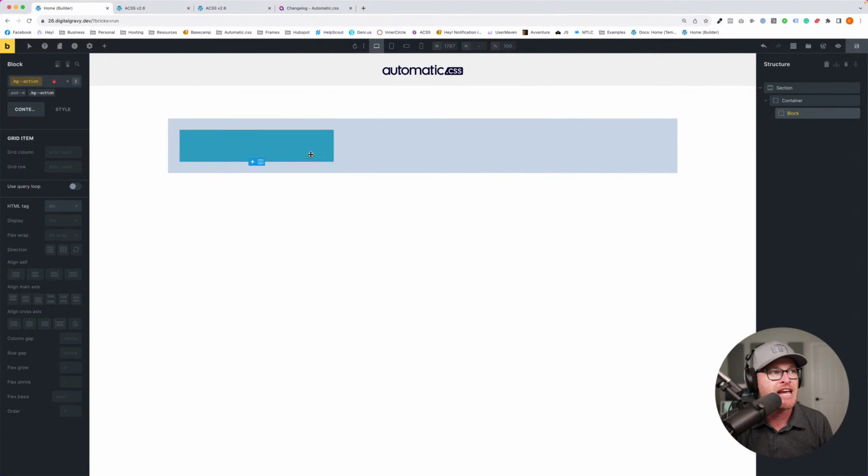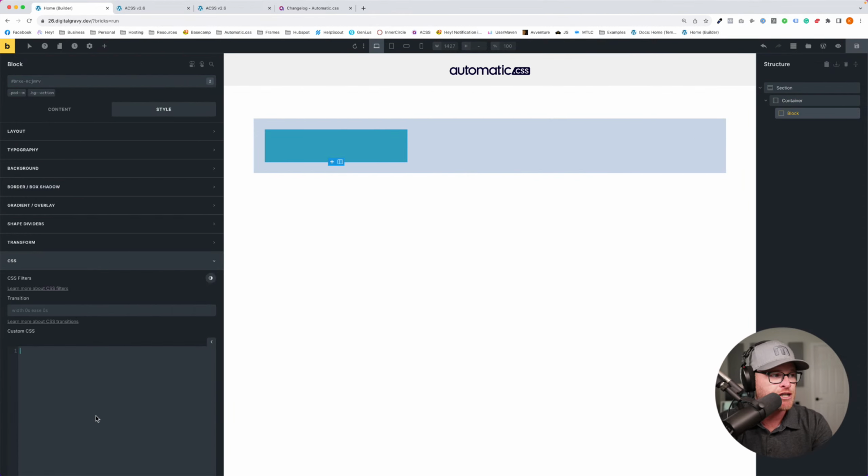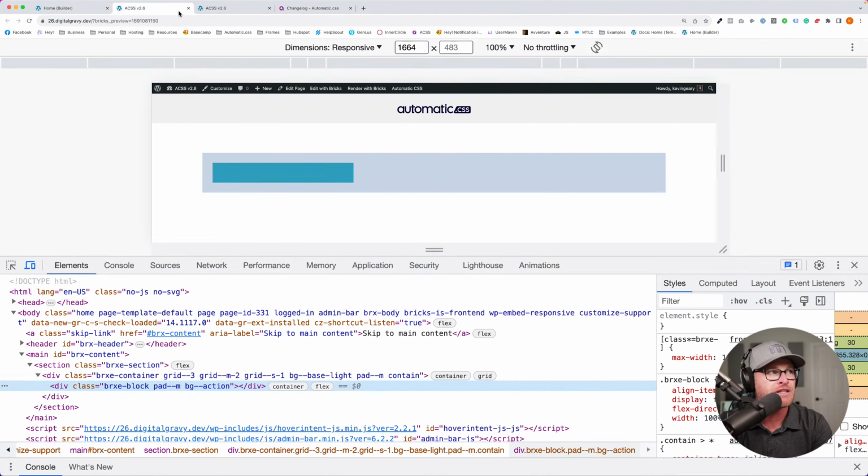All right. So we can change its color, for example. So this has BG action. So I'm going to go down to style. I'm doing this at the ID level just for demonstration purposes. And now we can write at container, and we can do like a max width. You just write this like a media query. So you check what your breakpoints are here. 991. All right. And then we're just going to say, all right, at 991 and below, the background is going to change to red. Now, would you ever want to do this? Like, no, probably not. This is for demonstration purposes. I've already done a video that shows a practical example of doing this.